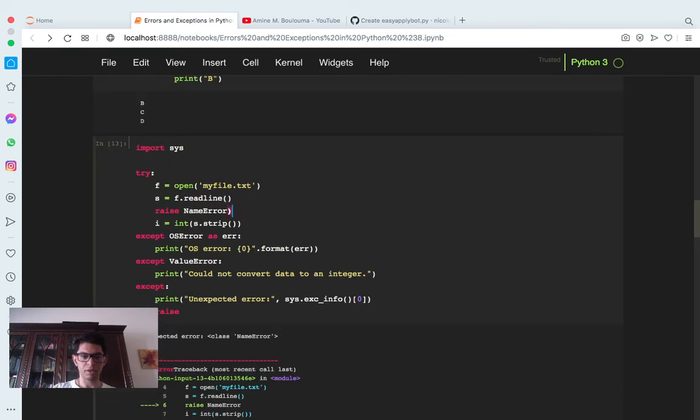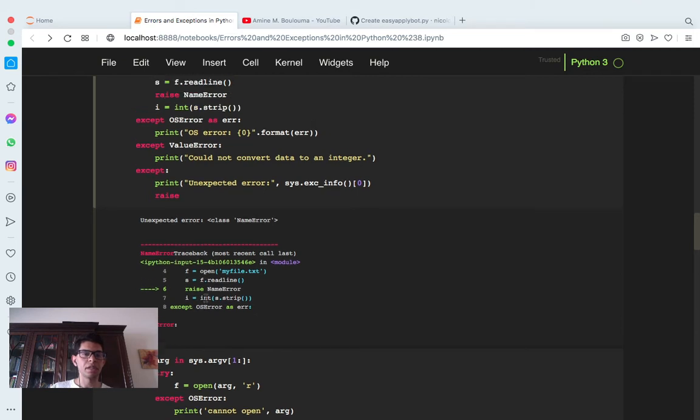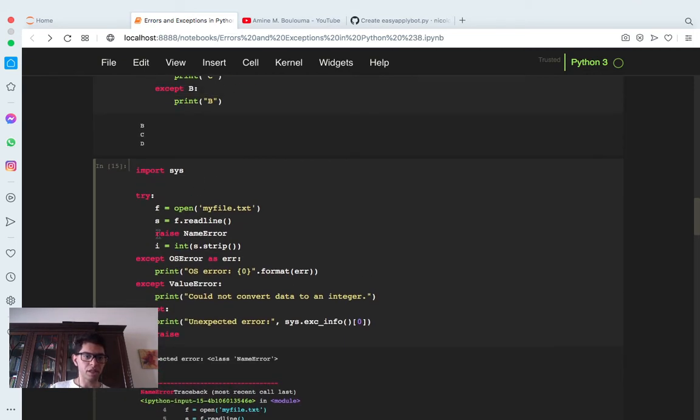Raise NameError, something like this. Yeah, we have unexpected error, class NameError. So yes, definitely here we have these ways, and that's what I want to show. So it raises this error, and we go directly